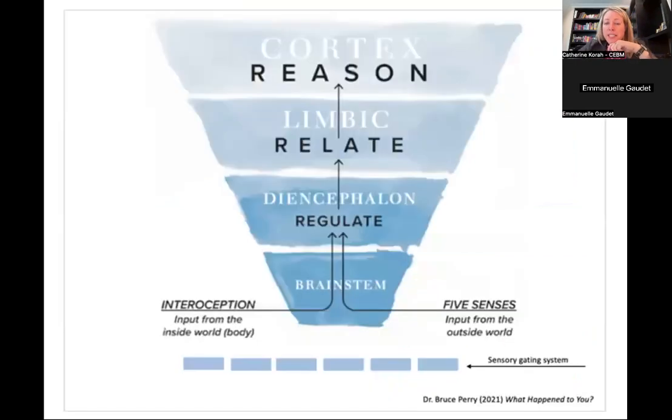If we move to this next slide, you've got the sensory gating system at the base there. Once the input comes in through that filter, it moves up from the more primitive part of the brain and is slowly but surely digested toward the more sophisticated part of the brain, which is the cortex and the prefrontal cortex. So it explains that a neurotypical individual has less challenge regulating themselves and focusing on reasoning than a neurodiverse person, because their filter is working well.